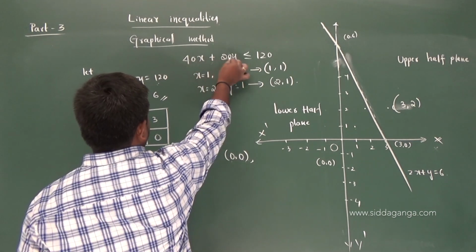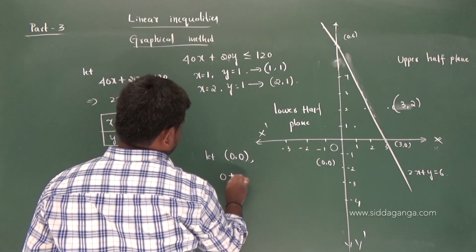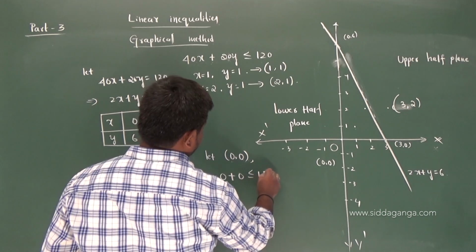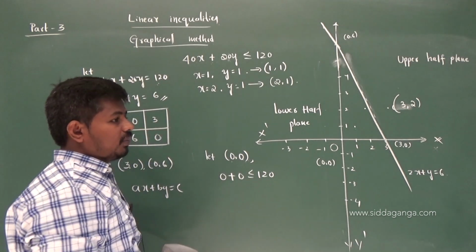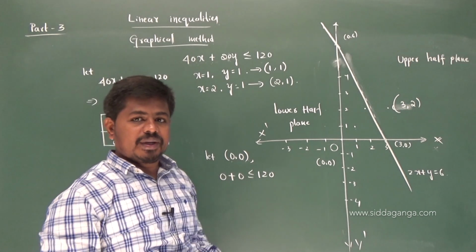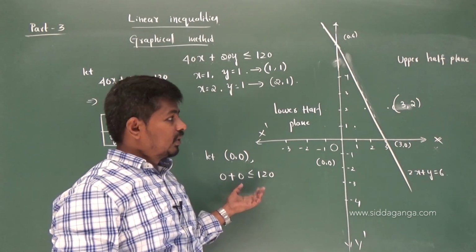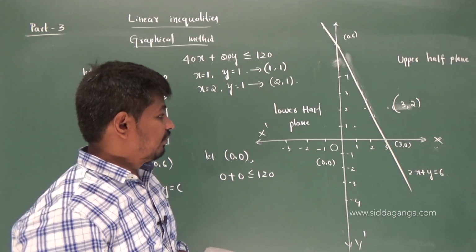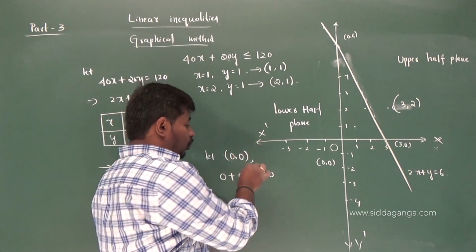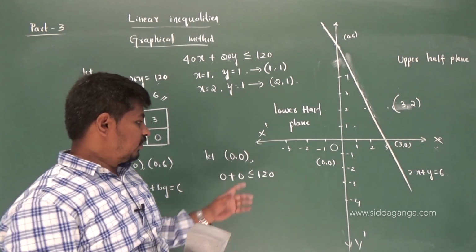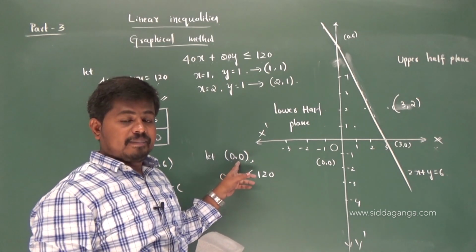40 into 0 is 0, so 0 plus 0 is less than or equal to 120. Yes, of course, 0 plus 0 is 0, it is always less than or equal to 120, so it satisfies the inequality. So then you can say that if it is true for the given point, then the region